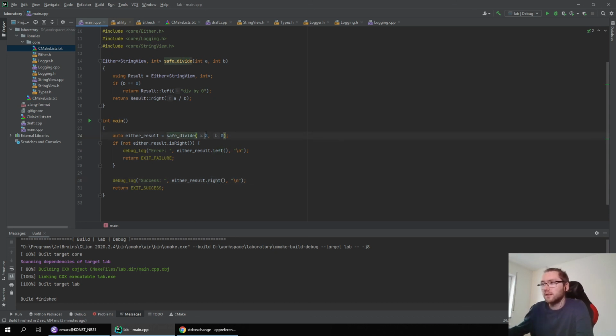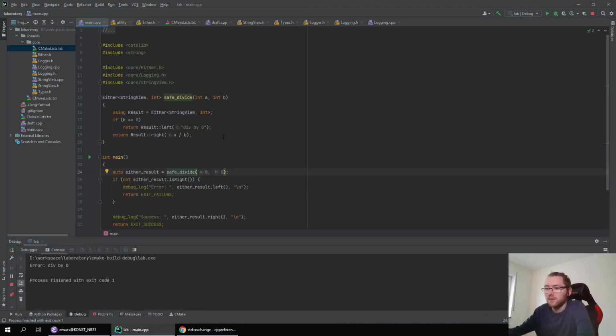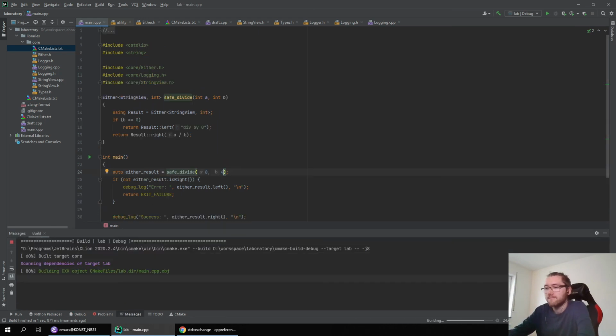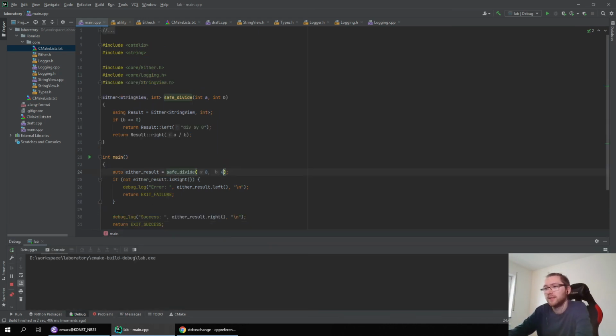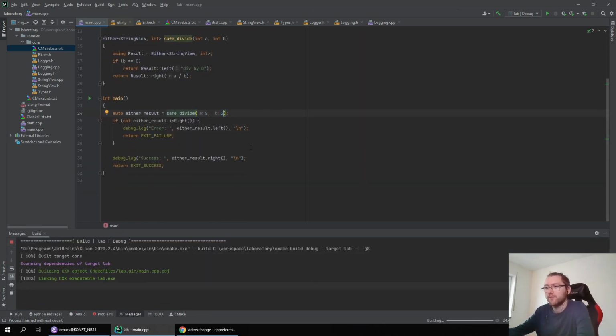So let's just keep this example. Now I would expect the error since I'm dividing by 0. Okay. If I divide by anything else, for example 4, I should get 2. There's 2, and also if I divide by, run it one more time.